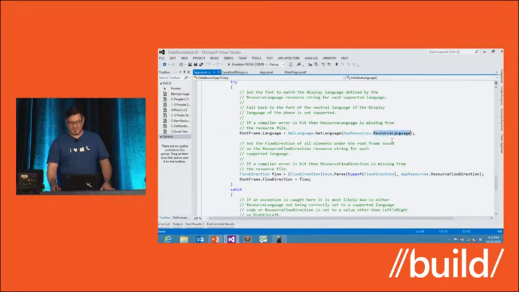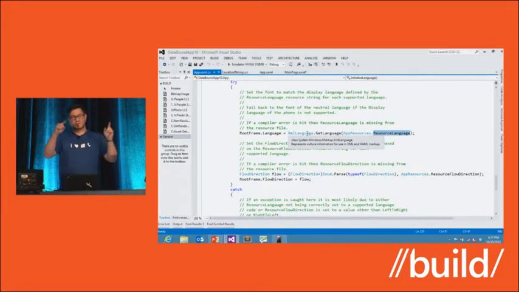We read the resource language from the resource file, and we set it on the root frame. For those that need a refresher, the root frame is what all your pages sit inside of. As you navigate your application throughout its life cycle, it's always sitting in a frame, and all the properties inherit down. So just by setting the language on the frame, everything underneath it gets it. This is super important when you're doing things like font fallback. If you're on a language like English, just a Latin character set, but someone hands you a Unicode character that English has no analogue for,